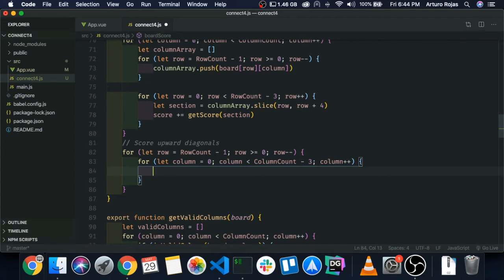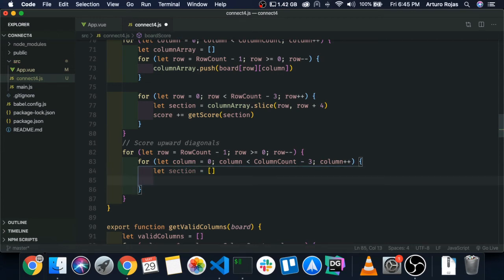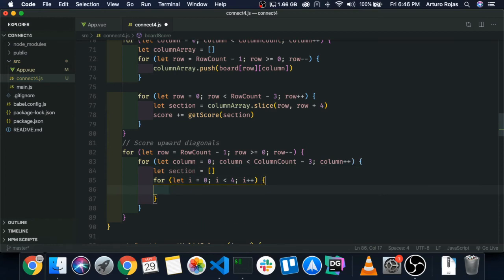Actually, this might be even easier because I don't think we have to put the upward diagonal in its own array. I think we can just slice the section right now and then get a score right away. Let's see. I'm going to initialize the section array as empty, and then I'm going to do another for loop to fill up that section, which is going to go from, let's just say, i equals 0, i less than 4, i plus plus, and here we just have to do section